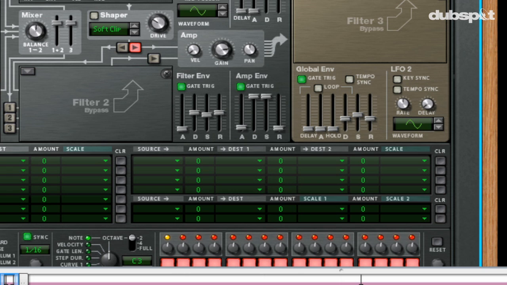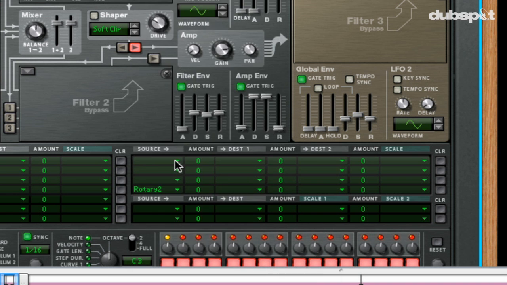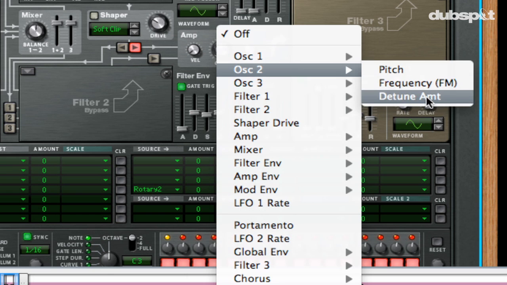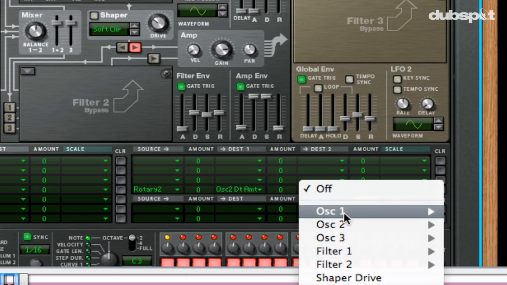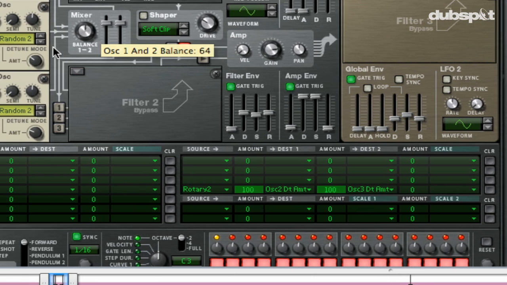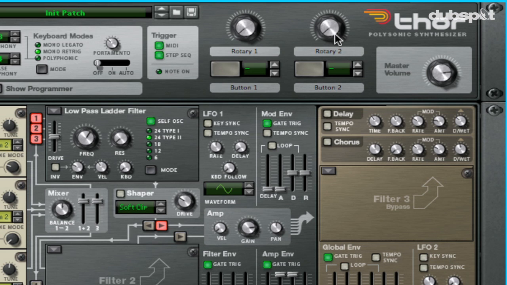So what I'm going to do is a quick patch here inside my matrix, and I'm going to set rotary 2 on Thor to control the detune amount for oscillator 2 and oscillator 3. So let me just set that to the detune amount. And I'm just going to give myself the full range here. So I'm going to set both amounts to 100% completely and 0 both of them back out. And then if I turn rotary 2,